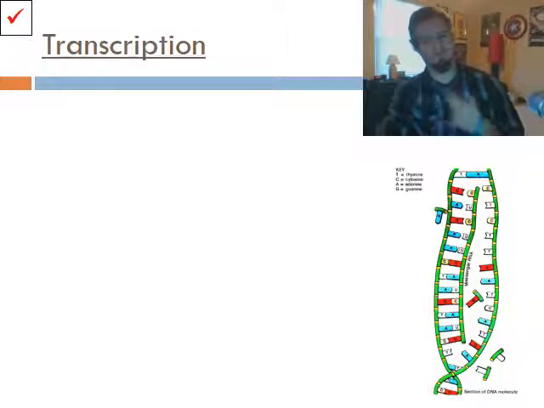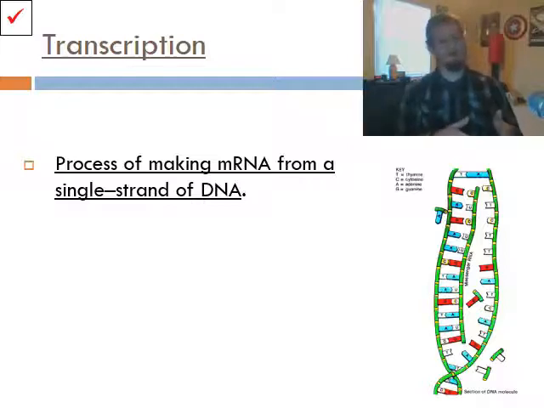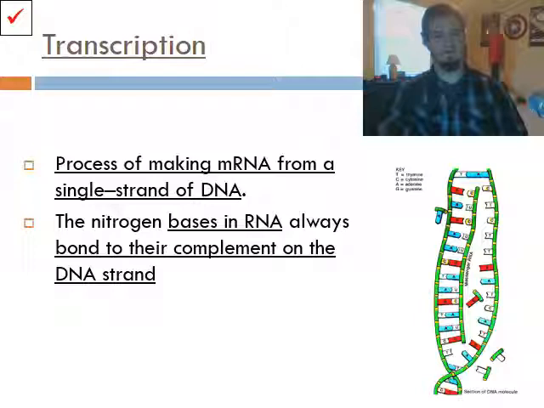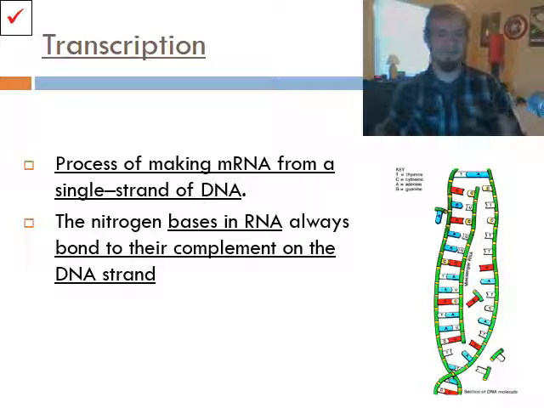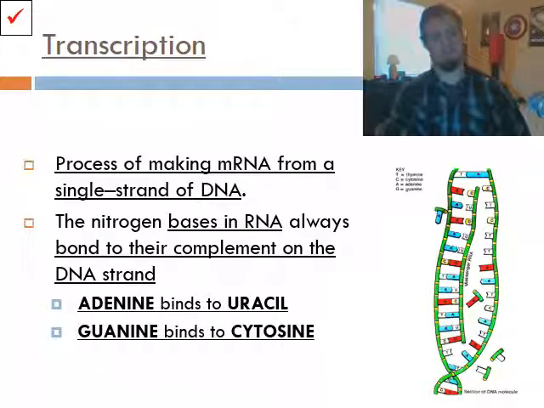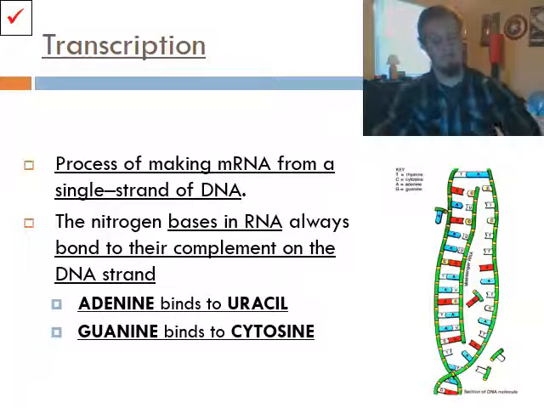So the first process we're going to talk about in protein synthesis is called transcription. It's the process of making mRNA from a single strand of DNA. And if you remember DNA replication, there should be a lot of bells ringing here. The nitrogen bases in RNA always pair up to the complement on the DNA strand. So cytosine is always going to go with guanine and vice versa. And in this case, adenine is not going to go to thymine, but it's going to go to uracil. So adenine binds to uracil, guanine binds to cytosine. And just for the record, if there's any thymine on the DNA strand, that is going to pair up with adenine, just like in DNA